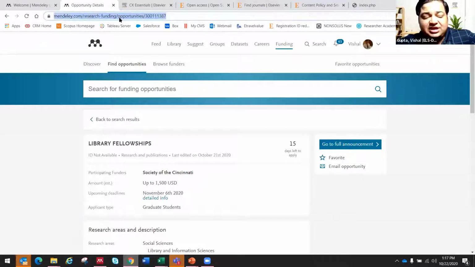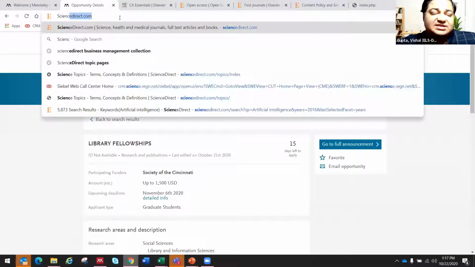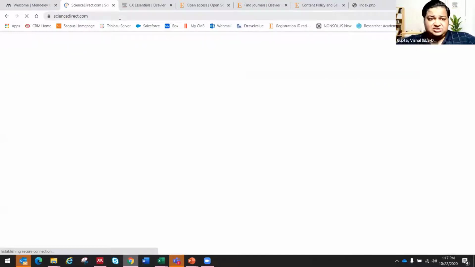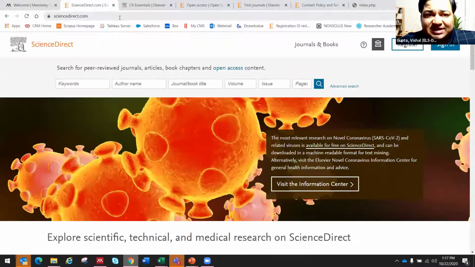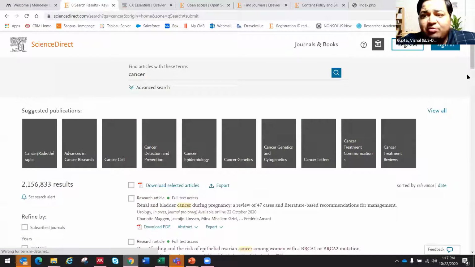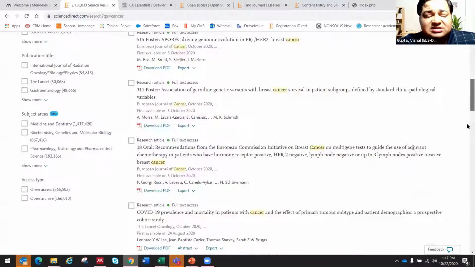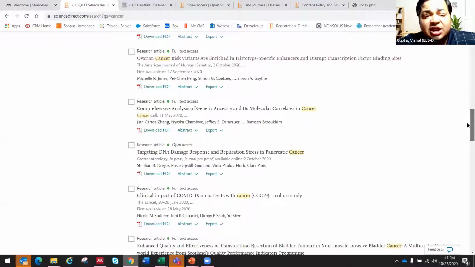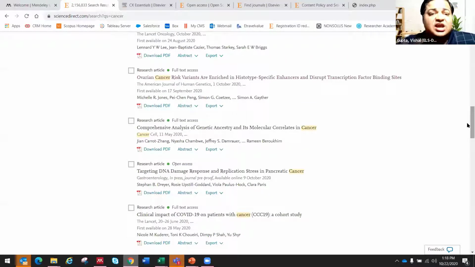So how does this actually help you? Let's say I go to Science Direct, the Elsevier's page. I'm just showing you an example of Science Direct, but this works on any page, even Google Scholar, IEEE, Springer, Wiley, anywhere you are. So let's say I click on a keyword and I search on Science Direct, and then I see so many research articles that have been given to me as search. Now from this particular search, I want to copy a few articles directly to Mendeley.